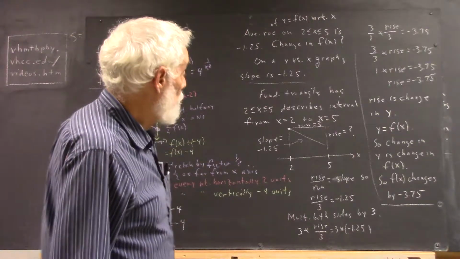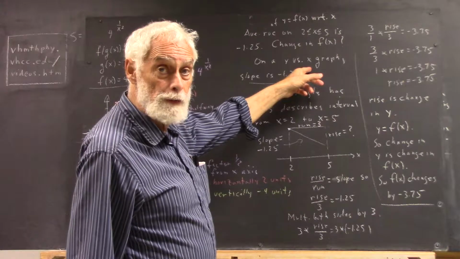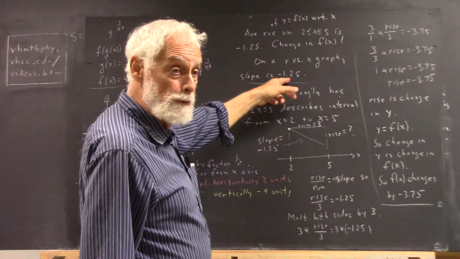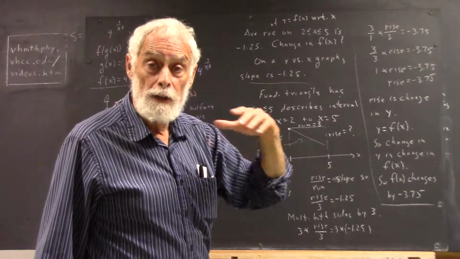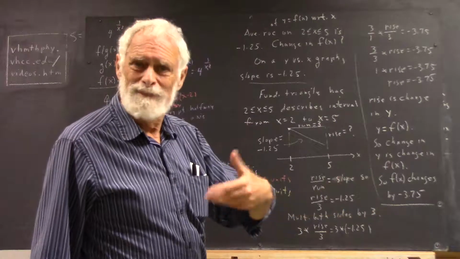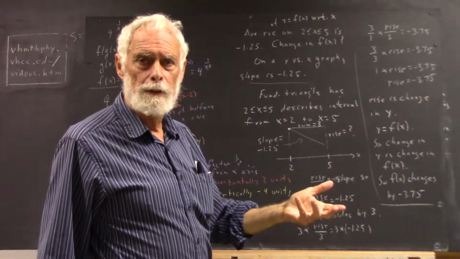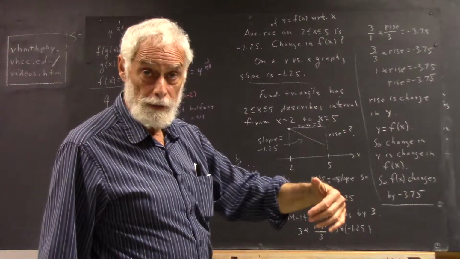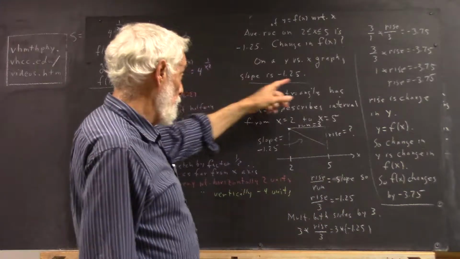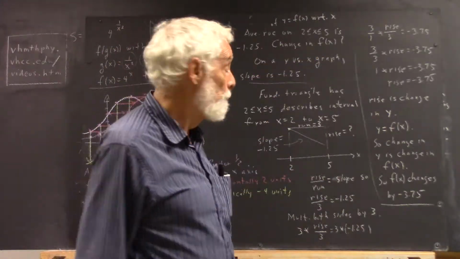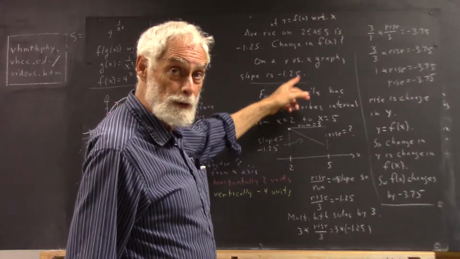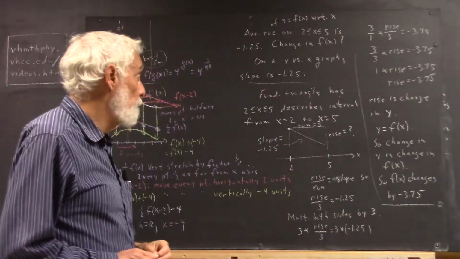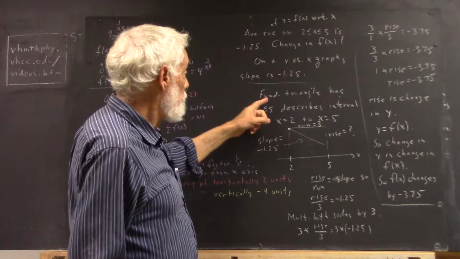Okay? Well, on a y versus x graph, the average rate of change is the slope. So the slope would have to be negative 1.25, because that's how your text defines average rate of change. It's not the way I've always defined it over the years. I've defined it with a verbal definition, change in y divided by change in x. But of course that's exactly the same thing as a slope on a y versus x graph, isn't it? So I'm going to go with the book's definition because we know what to do with slopes and fundamental triangles, I hope. Okay, so this means then that your fundamental triangle